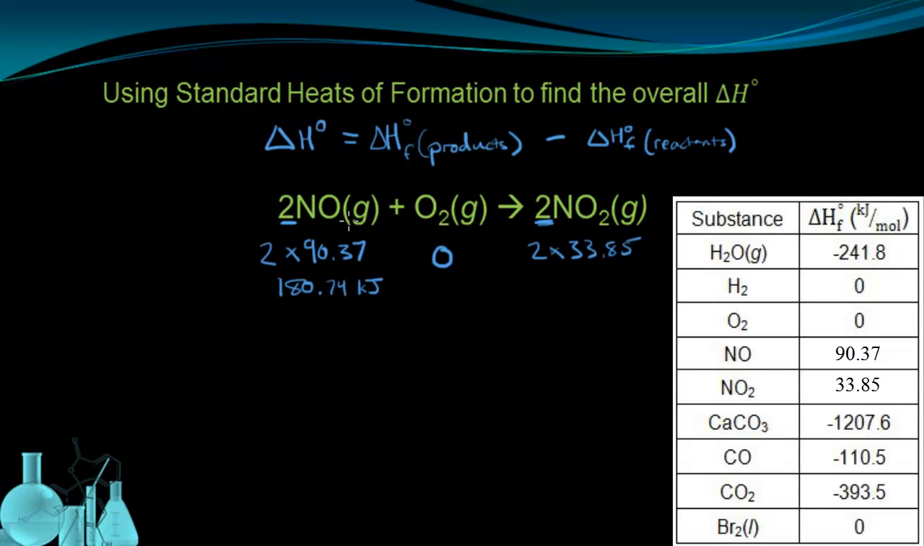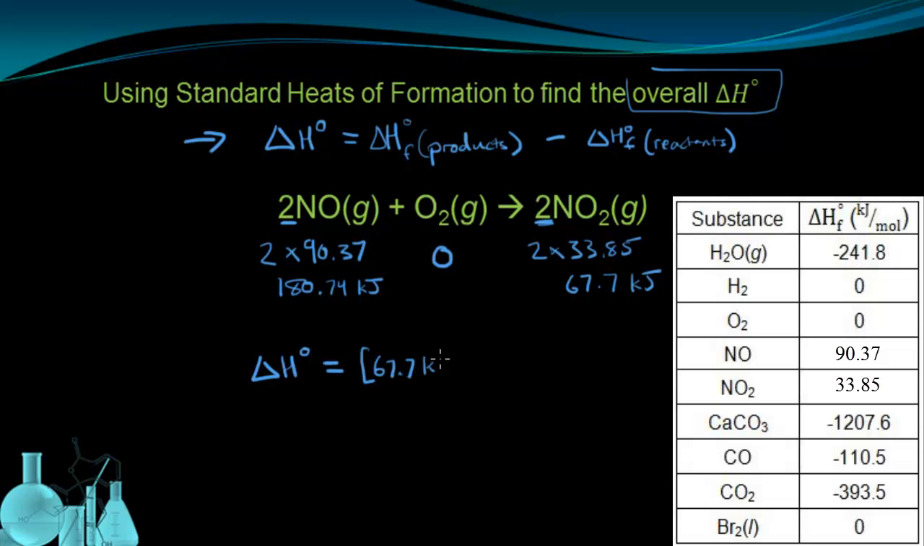So the total for the nitrogen monoxide gas is going to be 180.74 kilojoules. Oxygen is still 0. And the total for the NO2 gas is going to be 67.7 kilojoules. So now I'm going to use this equation and this information to find out the overall heat of reaction for this reaction. So the standard heat of reaction is equal to the total heats of formation for the products, which is, in this case, only 67.7, minus the total heats of formation for all the reactants, which in this case is going to be 180.74. If I now solve that, I'll see that the overall standard heat of reaction is negative